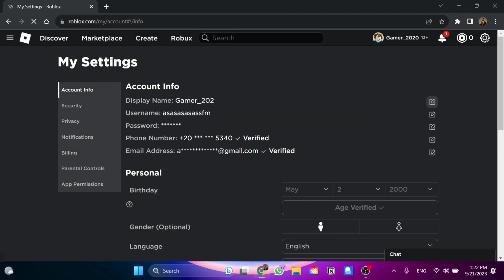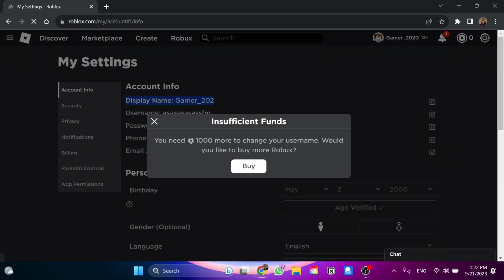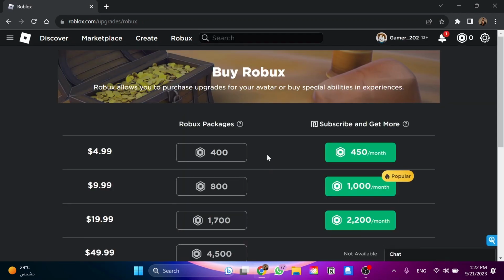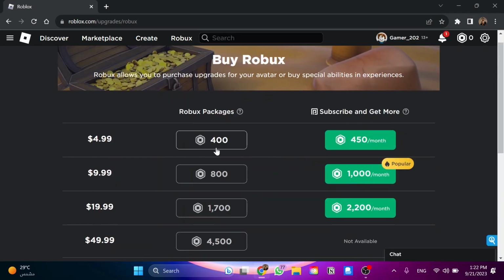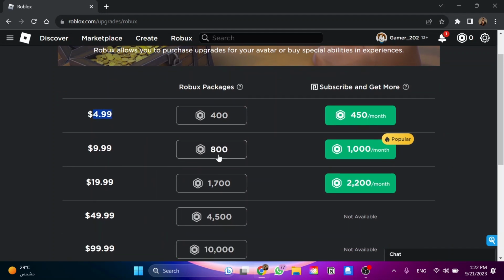And then my display name has been changed, but for my username, I'm gonna click on the symbol over here, and I don't have enough funds, or insufficient funds, so I need to get 1,000 Roblox coins to change my name. So I'm gonna click on buy over here, and as you can see, we got these bundles to buy. For example, 400 for $4.99, 800 Roblox for $9.99,